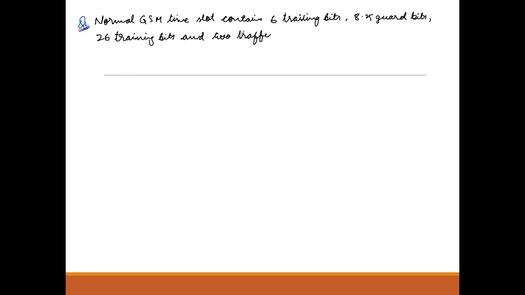जिस जहां पर कि क्या है, contains or consists of 6 trailing bits, 8.25 guard bits, 26 training bits, and 2 traffic bursts of 58 bits of data.